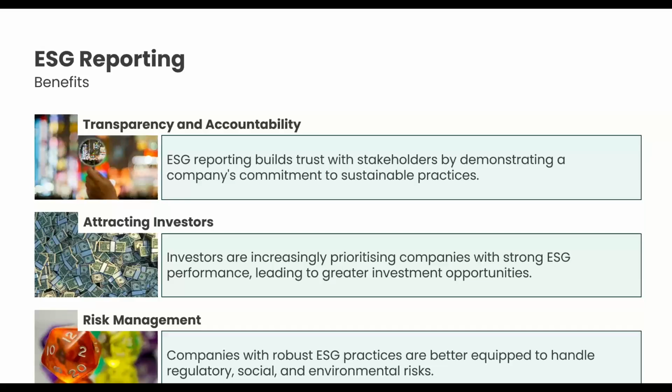And finally, risk management. The better equipped a business is now to handle capturing, for example, the carbon dioxide emissions associated with their activities, the better equipped they'll be to handle regulatory, social and environmental risks in the future. And that's going to be really important as more and more regulatory requirements emerge from various regulators around the world. If your systems, in this case Business Central, are already equipped and well able to capture, and you're used to reporting on this data, as a business, you're in a much better position to be able to meet the regulatory